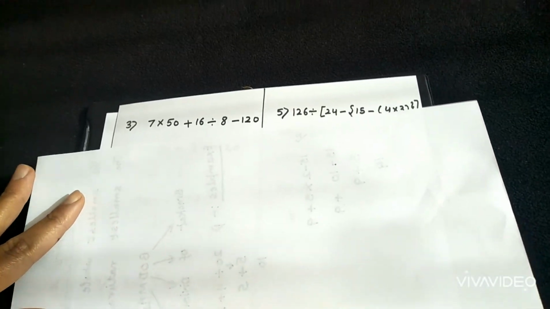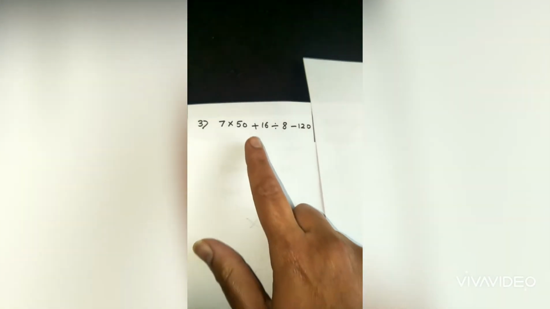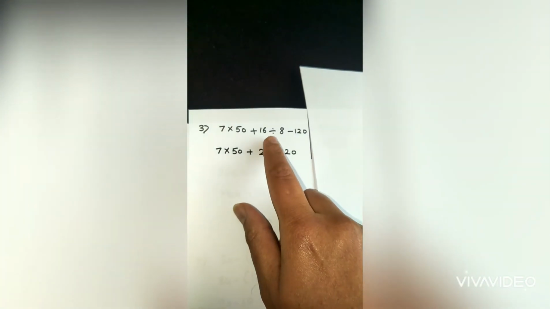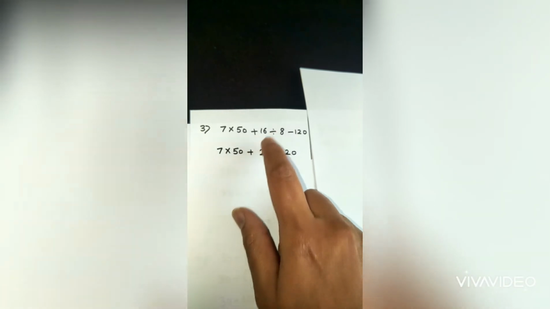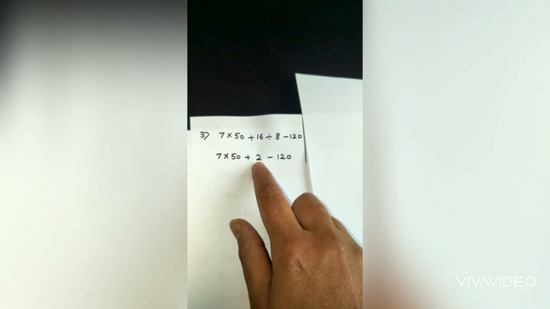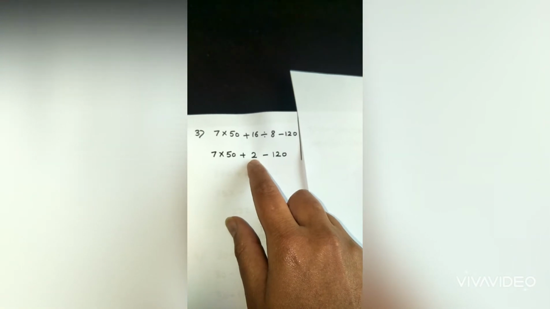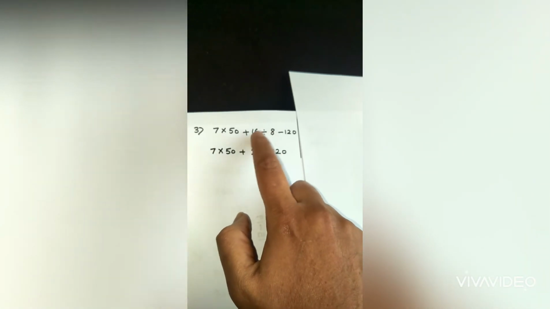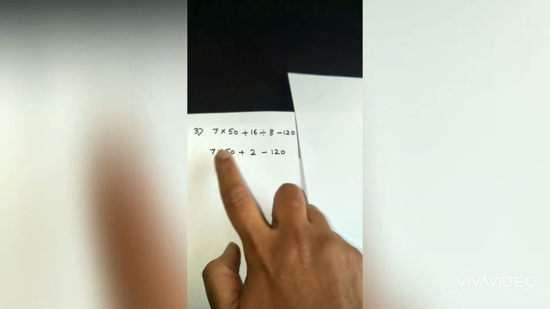I have taken few examples. So students, in the next example, you can see all the 4 operations. So first, what will you do? First of all, you will divide. That gives you 2 as the answer. So students, it's very important you make it as simple as you can. Try to put all other things as it is. To make it simple, just write first the answer of division, that is 2, all other as it is.